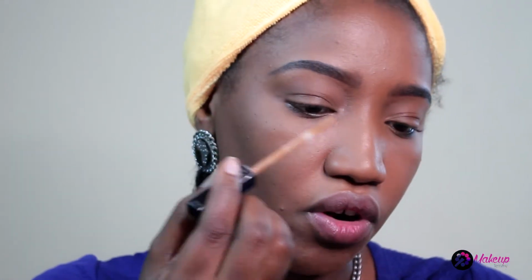But my concealer works best for me. I like to use the Maybelline Fit Me because of the applicator. So usually you use a brush for under your brows, but for my Maybelline Fit Me, I can just directly use this under my brows because of the applicator. But for this tutorial, I'm going to be using a brush. I'm going to be taking a flat angle brush like this to clean up the brows, just something really flat,